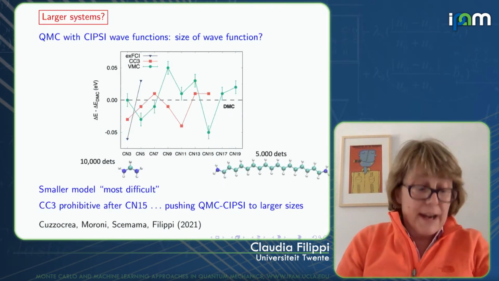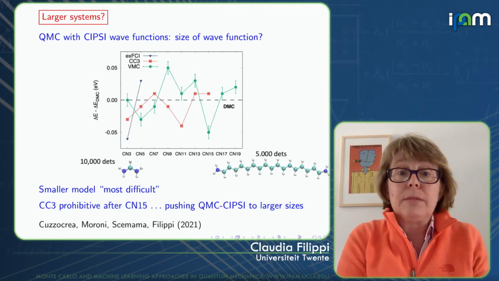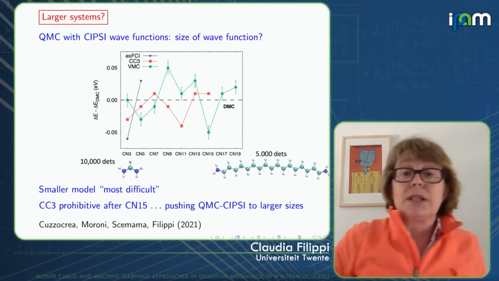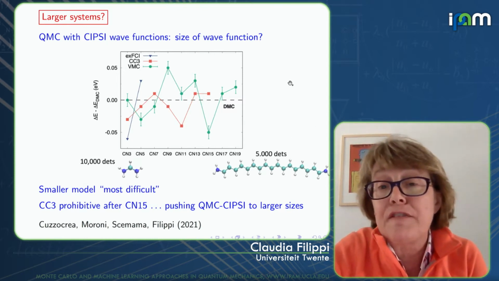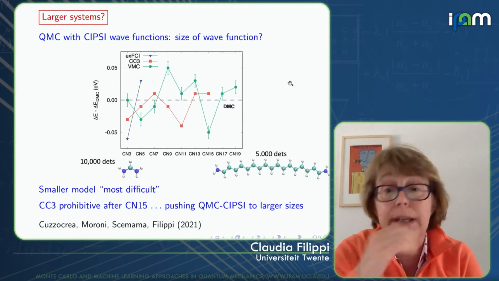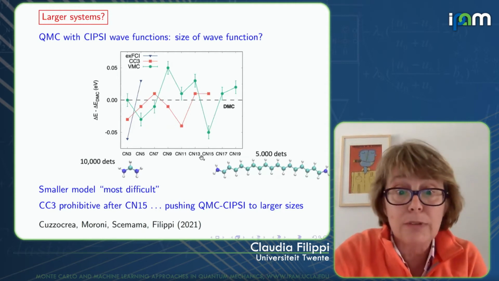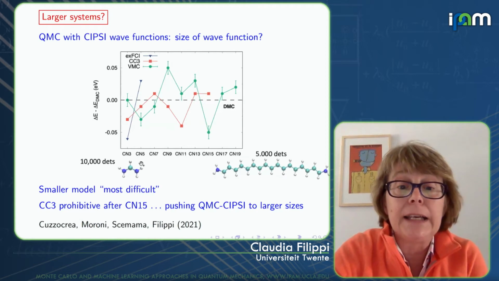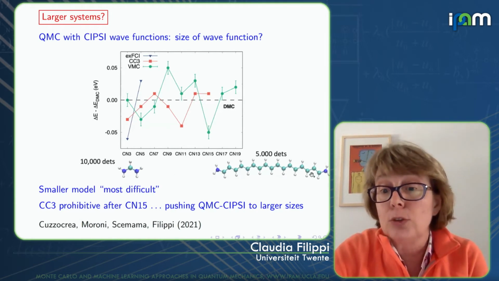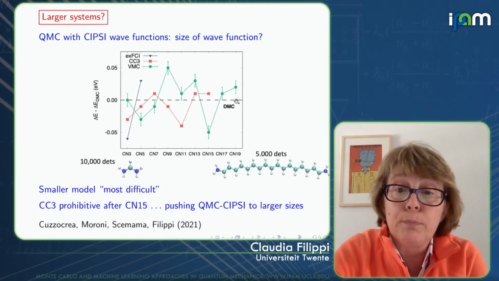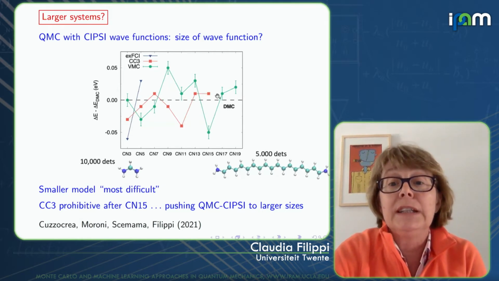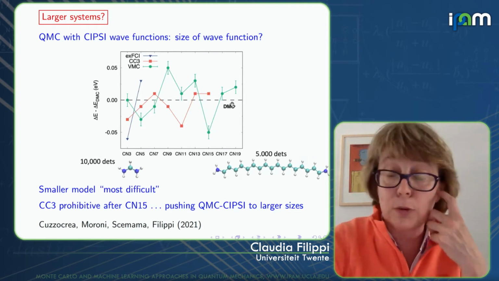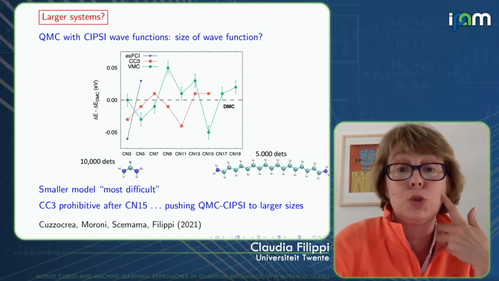So of course, so far I only showed you quite small systems, and the question is, can I go to larger systems, and how is the size of the wave function worsening? Here what we are doing, again, is the same type of system I showed before. This is a cyanine dye. We are going from something like 3 heavy atoms to 19. Okay, and finally we are pushing this simulation into a region where we don't have coupled cluster results. Okay, so they are too heavy for memory, at least for our machines.